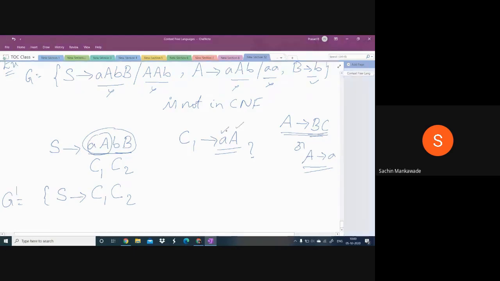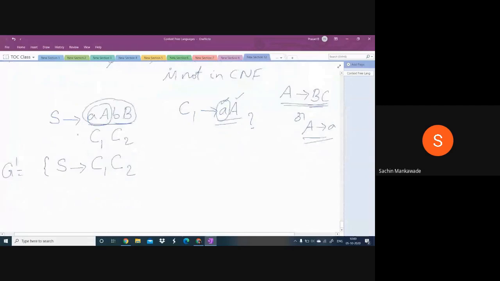So because of this, C1 is not a valid production. So what I do here, guys, listen carefully. Even though C1 is AA, we should not write C1 as AA, because every production, whatever we write, must be either in this form or in this form. So C1 is AA. Instead of writing like this, which is not in the form, in this A place, if I write a non-terminal,